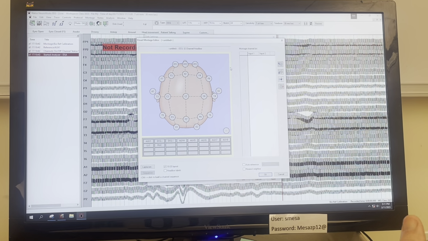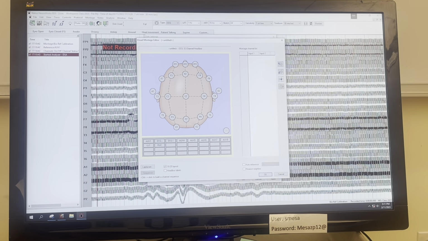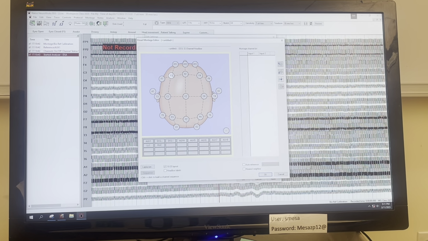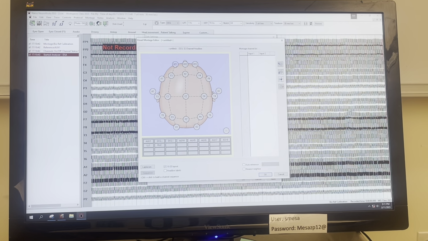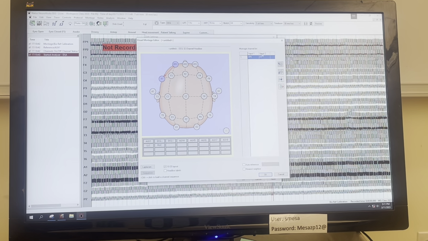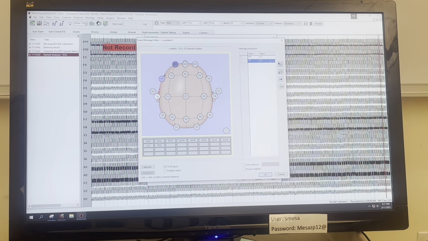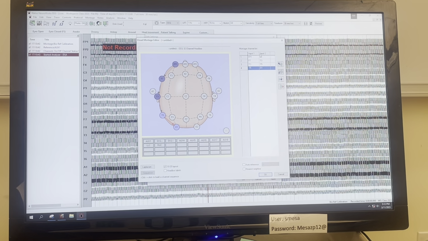Let's just say we're going to do a left over right hemisphere montage, okay? So we'll just do left temporal, left parasagittal, the midline, then we'll do right parasagittal and the right temporal, okay? So what you do is you left click and hold, and you stretch it over to the next electrode in the chain. So you can see after you do that, it just pops up here with that derivation, and then you just go right down the chain, and then here you have all the derivations in the left temporal